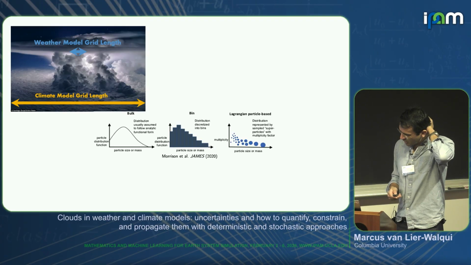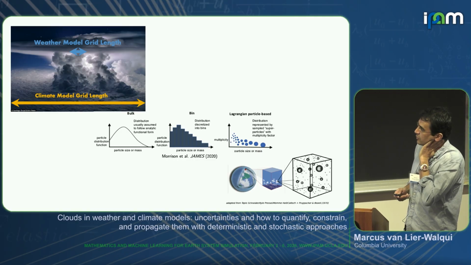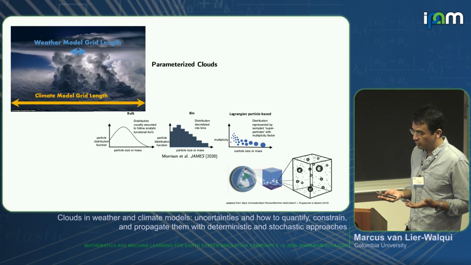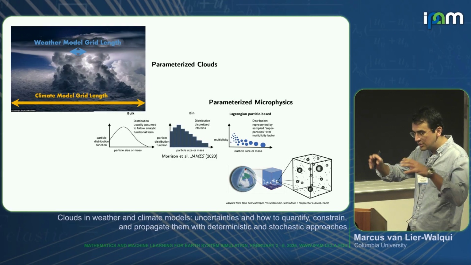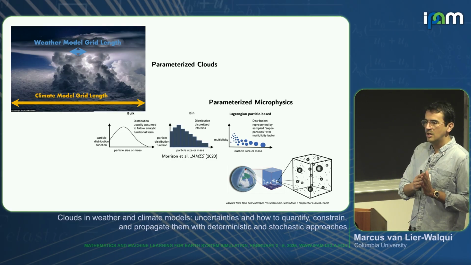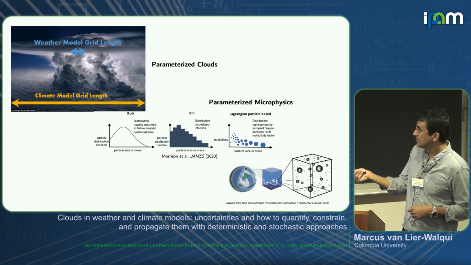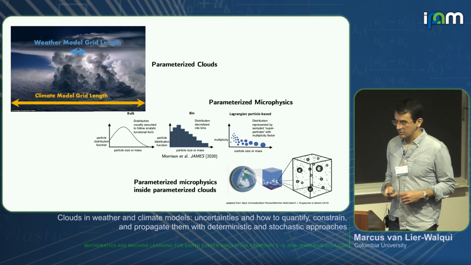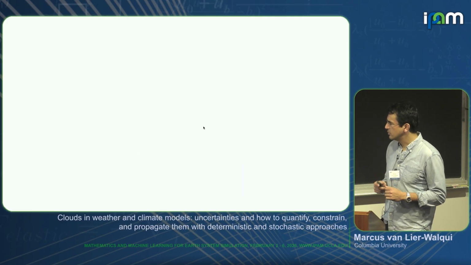All right, and then in general, this is again probably review. We have this situation where we have parameterized clouds, right? We have to represent clouds in a succinct way with fewer variables than we'd like. And then we have parameterized microphysics, right? We have all these billions of droplets, and we need to represent them with one or two numbers that represent a statistical distribution, or if you're doing something like bin or Lagrangian schemes, maybe a few more variables. And then we have parameterized microphysics inside parameterized clouds. So Hugh Morrison calls this the parameterization squared problem. Maybe other people do too.